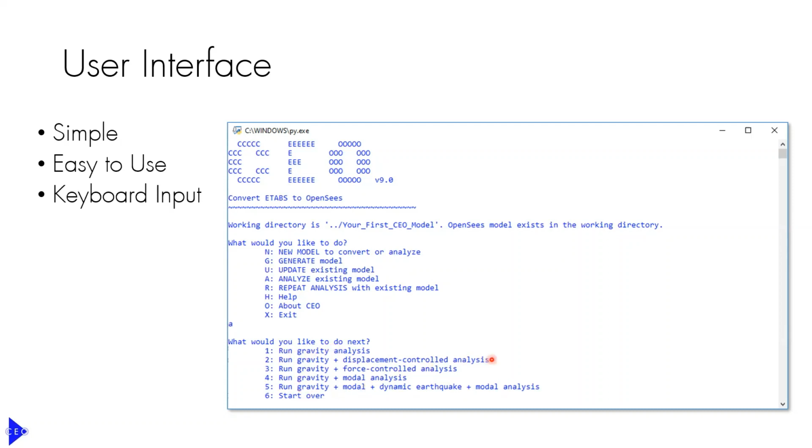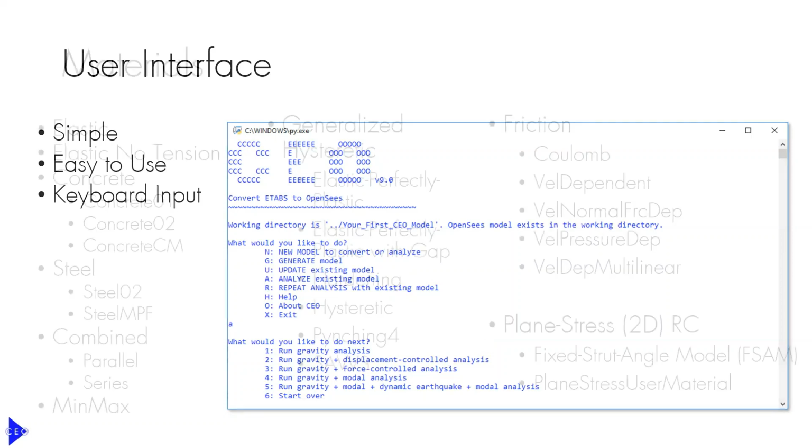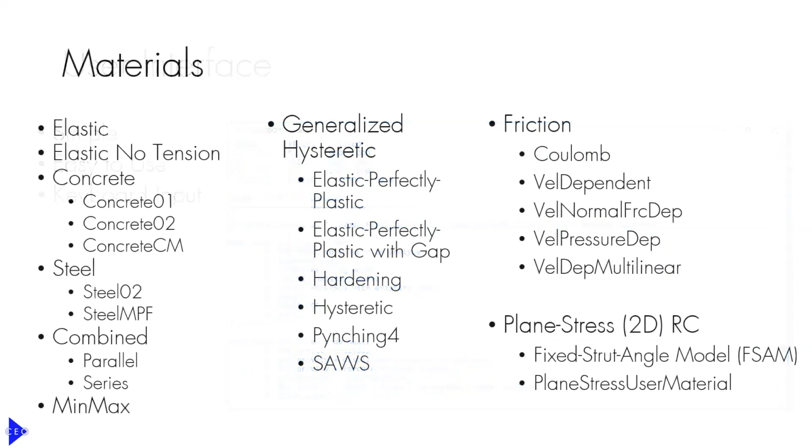And then again, depending on what type of analysis you select, there's maybe a couple more questions. And we'll see how it works through the example. But all of it is just typing stuff on the keyboard, 1, 2, 3, ABC, and typing enter. So it's pretty easy. We already looked at all different materials and elements, but here's a summary